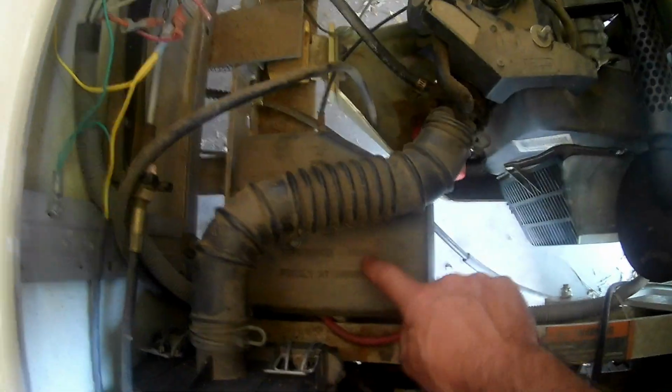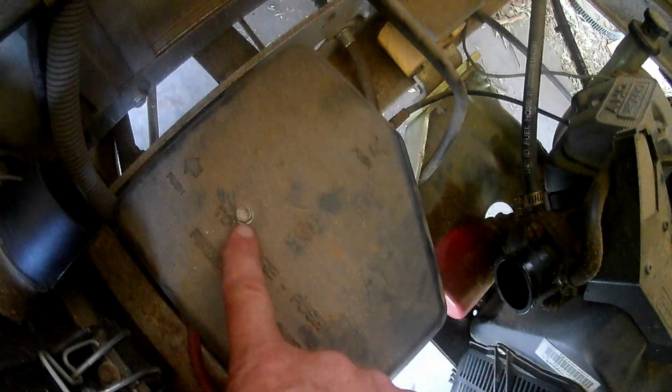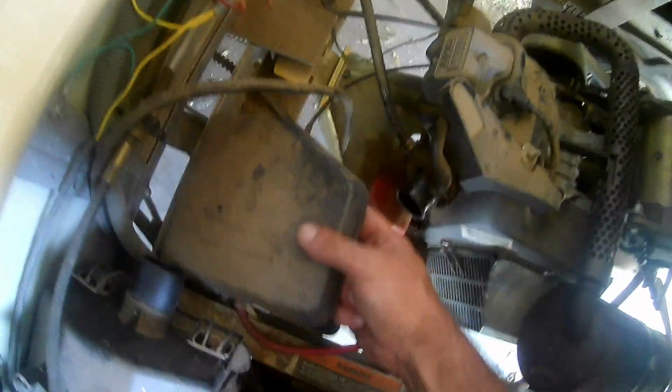So down inside this box is probably where our problem is going to be. So simplest thing to do is get your air hose out of the way. You're going to get this little screw out of this lid, because that's what this is, a little lid that covers up all your solenoid and voltage regulators and your micro switches in here. So you're going to get this nut bolt out, pop that lid,